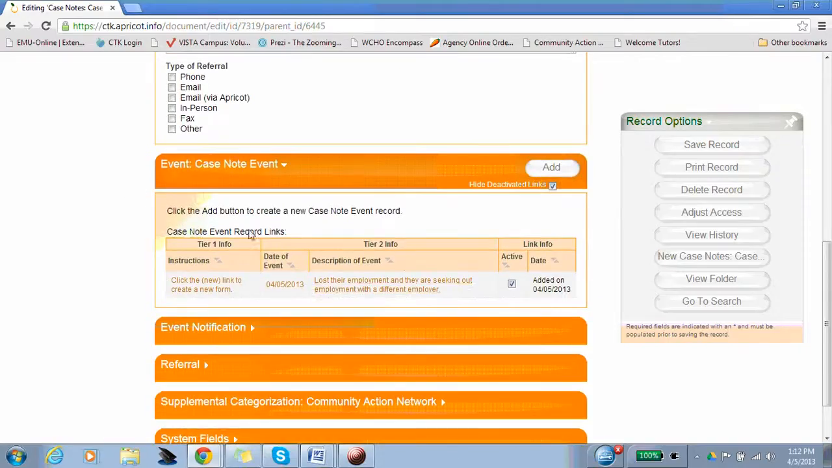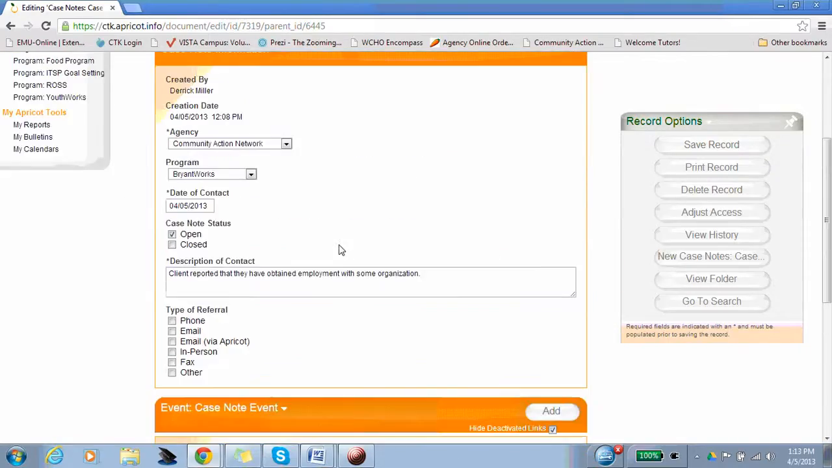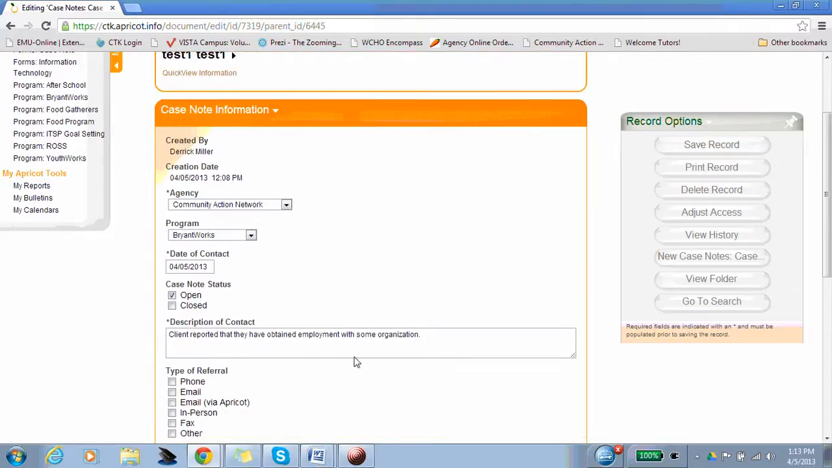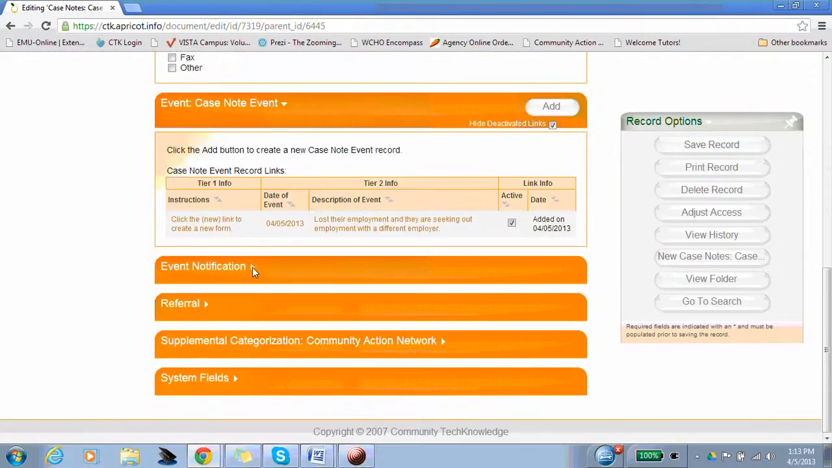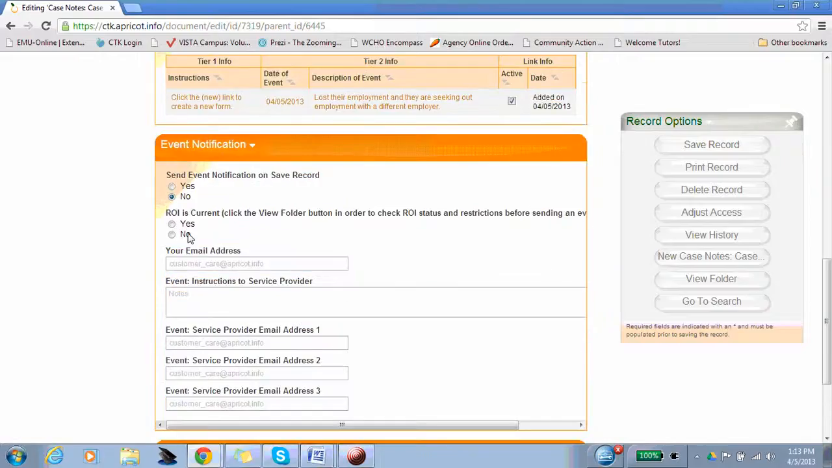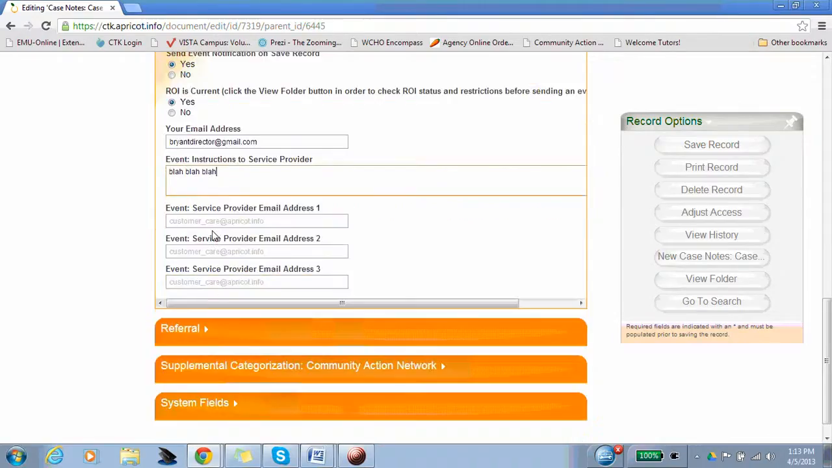But let's say we hadn't created another event. What happens in those cases is that we just want to send the main case note information. And for that, we just open up this, and again, same setup where we just indicate that once we save the event, it will trigger an email with this information on it, and that we, yes, do have a release of information on file. Again, I'm just going to put the same email address. So here, this notice is coming from bryantdirector@gmail.com, and let's just say blah blah blah. There we go. And then I want it to go to